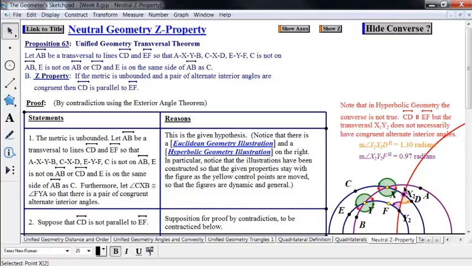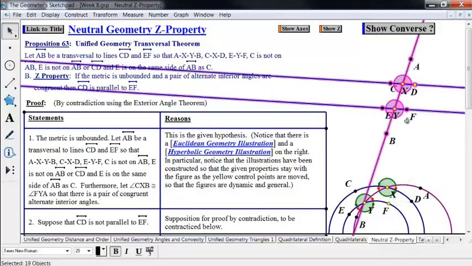In fact, we can go a little further than that. Even though they might have alternate interior angles congruent at one spot, that doesn't make them have alternate interior angles congruent for any transversal. So definitely a problem there. So the converse is false in neutral geometry. However, we will see that it is actually true in